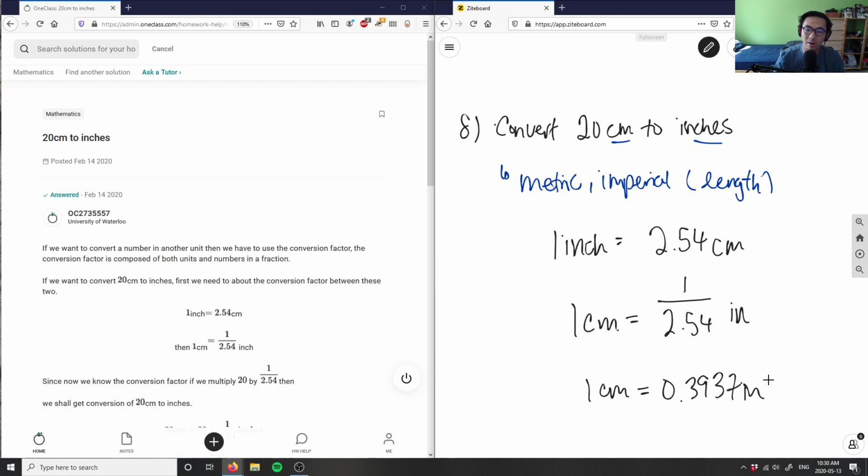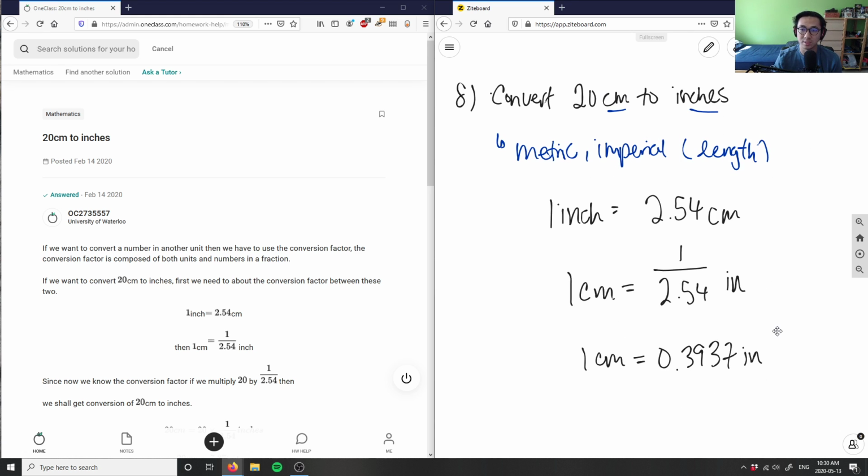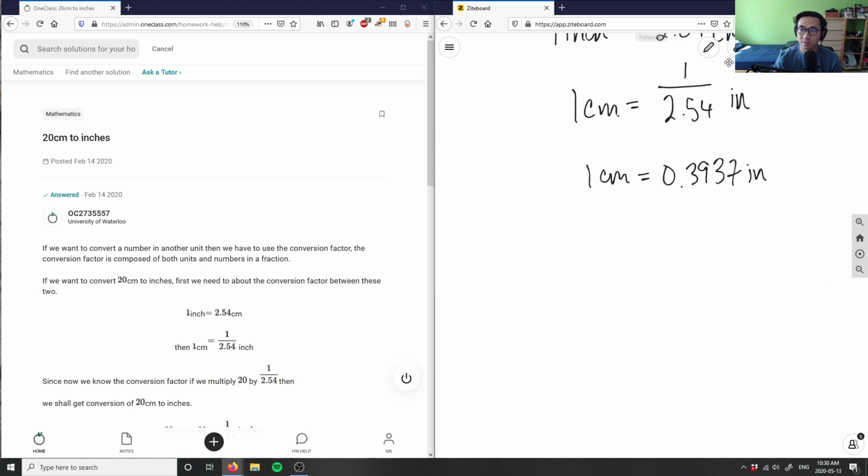3937. And I'm only going to round to 4 decimal places, just for the sake of simplicity here. This is inches. So knowing this conversion factor, I can simply just plug in our 20 centimeters, right? So 20 centimeters